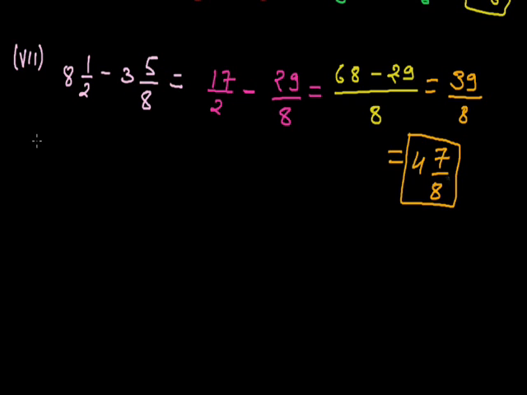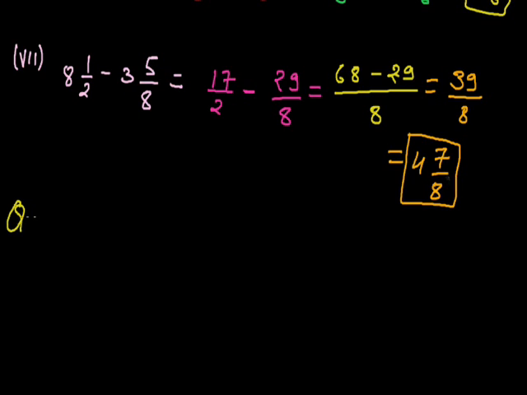So it is very simple, the addition and subtraction of fractions. If we have the same denominator, we can simply calculate it by adding or subtracting whatever is given in the question. But whenever we have different denominators, then we have to make the denominator the same first by taking out the LCM. Then we have to simplify them.